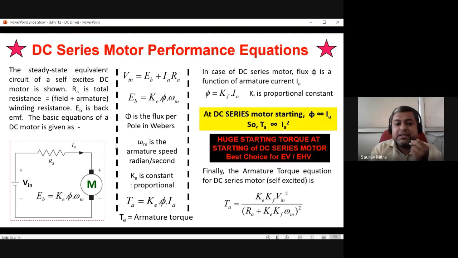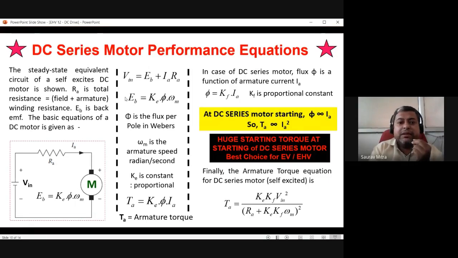So these are the three equations mainly that you have to remember. Vin is equal to back EMF plus Ia into Ra. Ia into Ra is called the armature copper loss, and Eb is called back EMF. So whatever input voltage we are giving, that is producing back EMF. Back EMF is mainly making the motor rotate here. Okay, so Eb is equal to P phi Z N by A. P is the poles, phi is the flux, Z is number of conductors, N is the speed, A is the parallel paths. Okay, so back EMF is directly proportional to speed. We know that. Okay, so back EMF is what is running the motor.